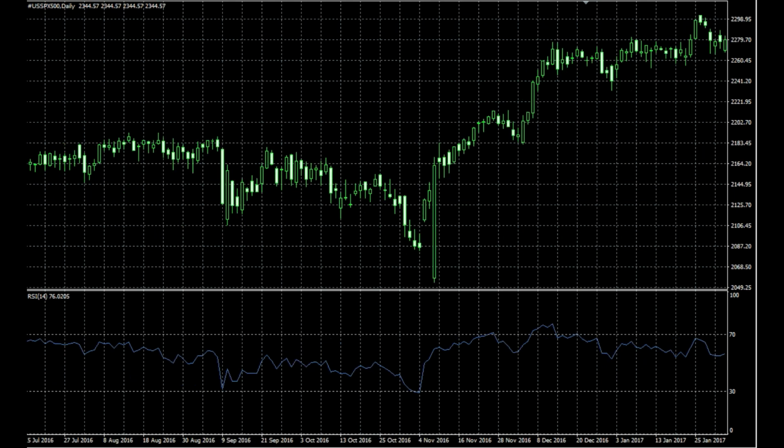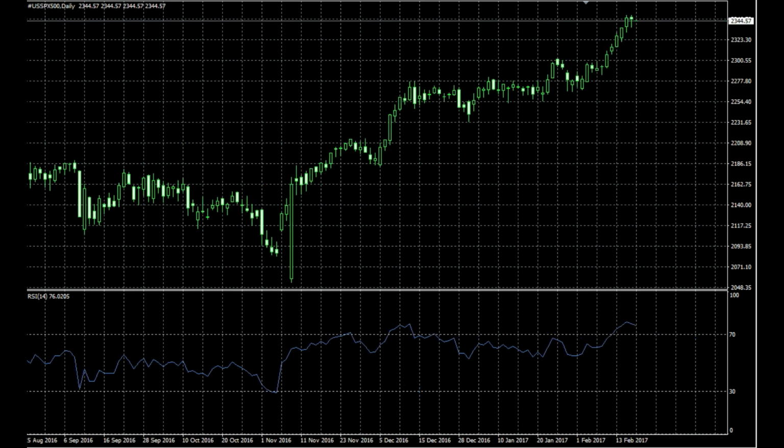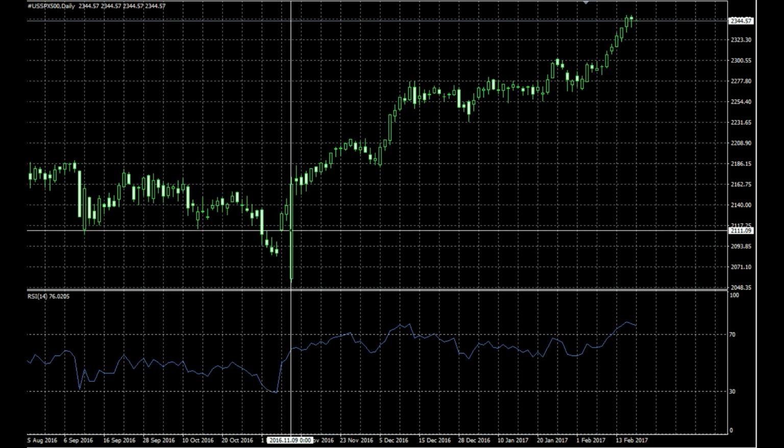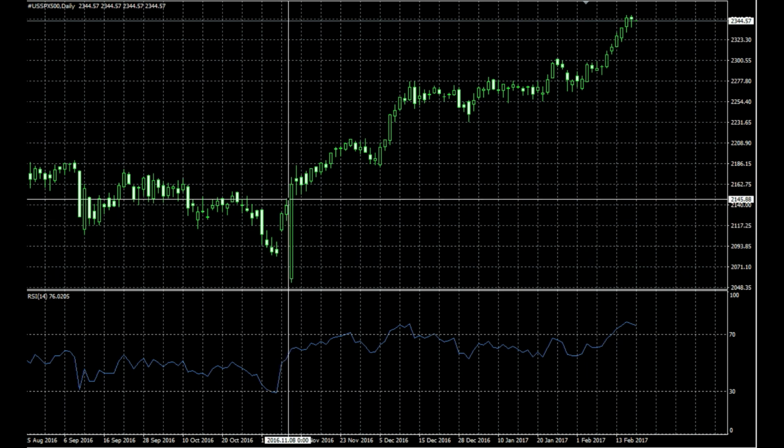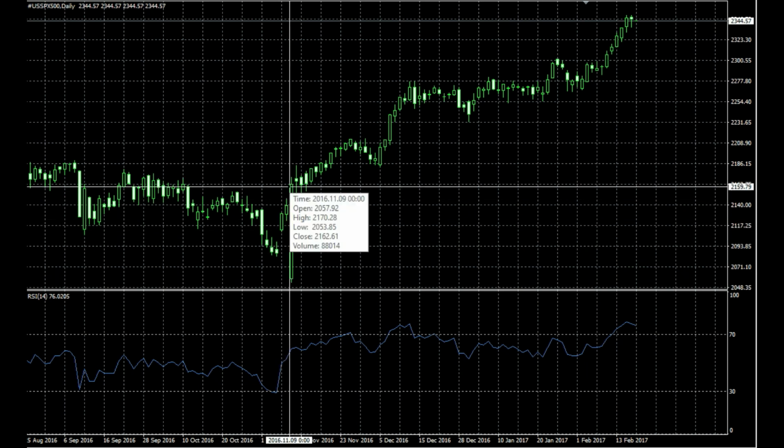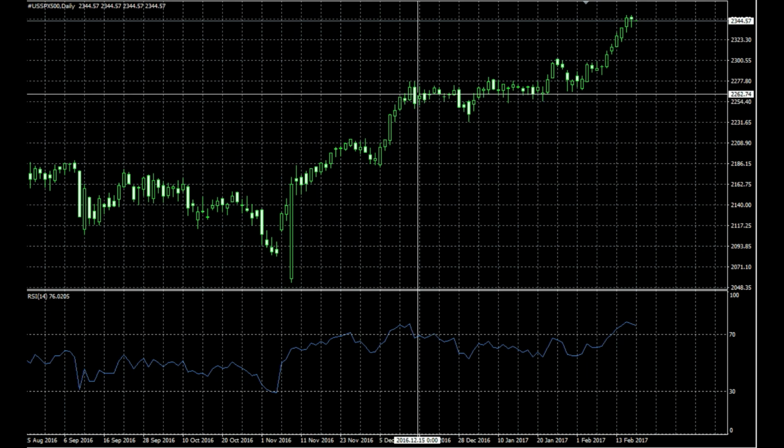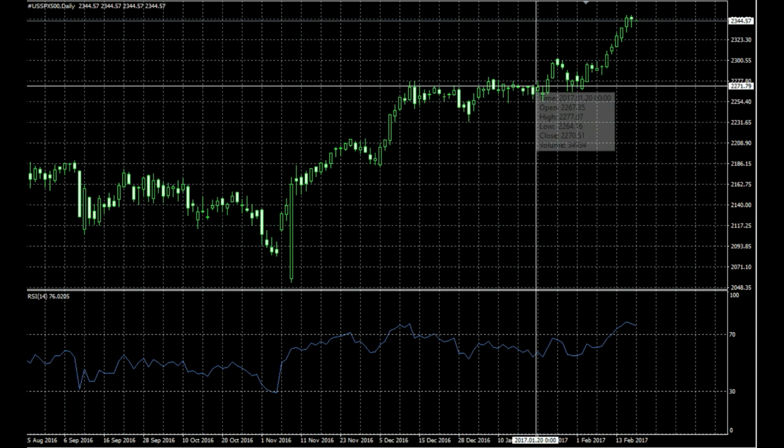Then we can do the same thing in 2016. During that election, Trump was elected, and as you can see, on November 9 we got a strong bullish candle, and after that we had a bullish trend until the end of the year and the first month of January. So as you can see, in both cases we had a strong bullish trend from the middle of November. And this is very interesting.